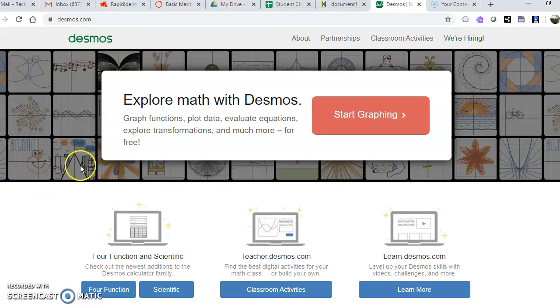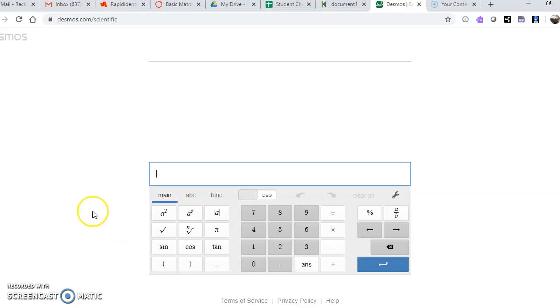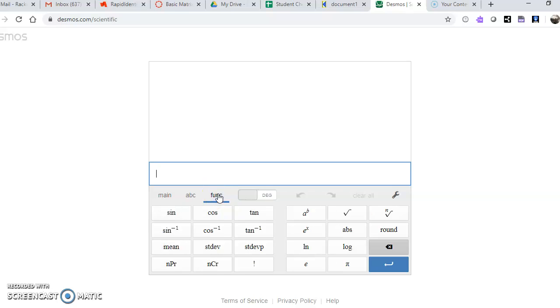But if you go to Desmos, start down here where it's the scientific calculator down at the bottom. Click on that. You can do all your normal calculations here. There's the fraction key, raising something, there's your answer button, sine, cosine, tangent. But if you want to do some other of the functions we've been learning, if you'll click on function over